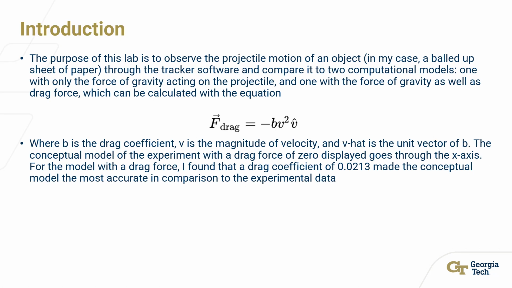So the purpose of this lab is to observe the projectile motion of an object, and in my case, it would be a balled up piece of paper. And through the tracker software, we would compare it to two computational models, one with the only force being gravity of the projectile, and then the other model being a force of gravity as well as drag force, which can be calculated with the equation F drag equals negative b v squared v hat, where b is the drag coefficient that we need to find in the experiment, v is the magnitude of the velocity, and v hat